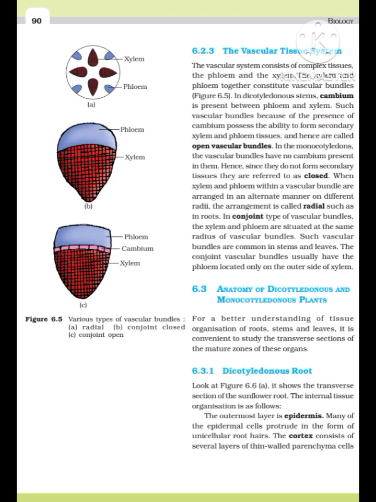It shows the transverse section of the sunflower root. The internal tissue organization is as follows. The outermost layer is epiblema. Many of the cells of epiblema protrude in the form of unicellular root hairs. The cortex consists of several layers of thin-walled parenchyma cells